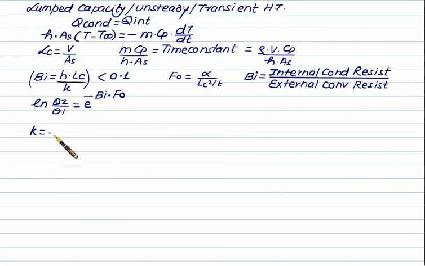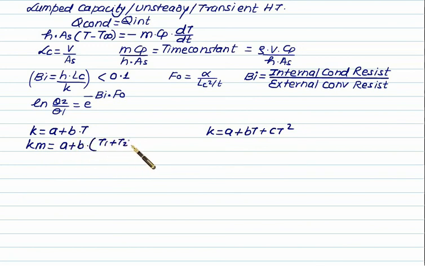In numericals, we are also given the thermal conductivity as a variation of temperature in the form of A plus B times T, that is linear, and the second time it is given as A plus B times T plus C times T square, which is quadratic. So whenever you are given the linear form, we can calculate mean thermal conductivity as A plus B into (T1 plus T2) divided by 2, and then you will use your regular equation for slab, cylinder and sphere.